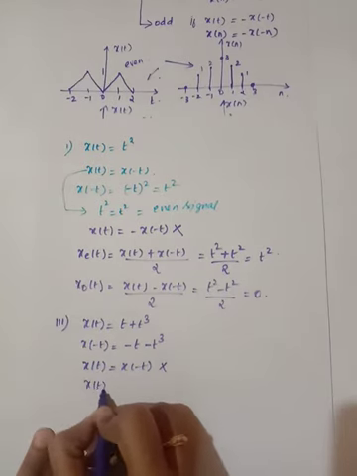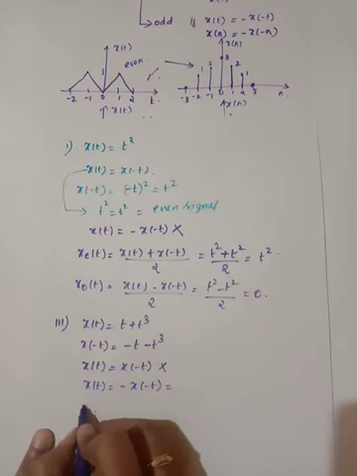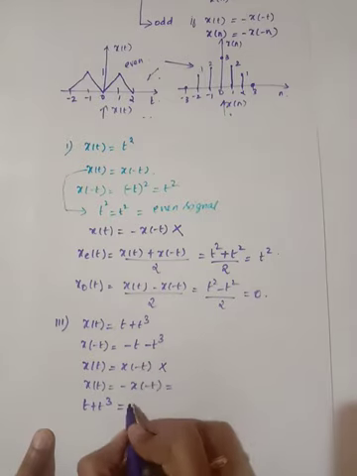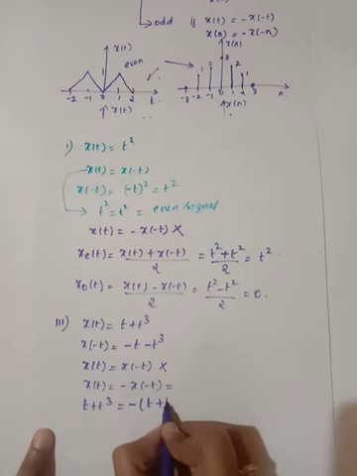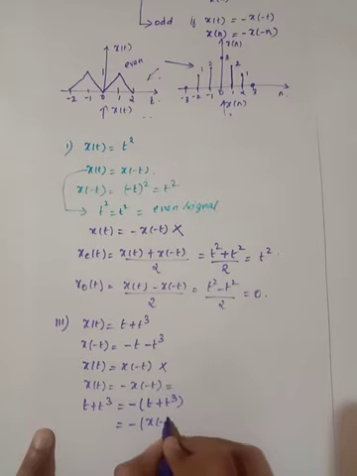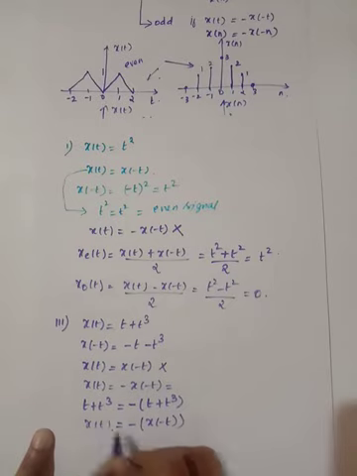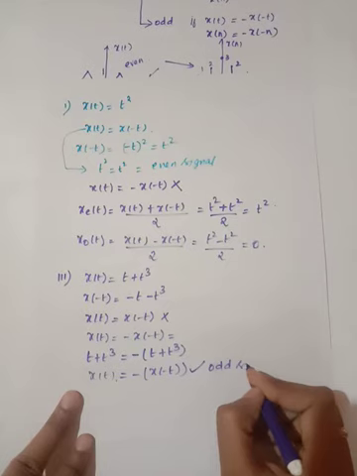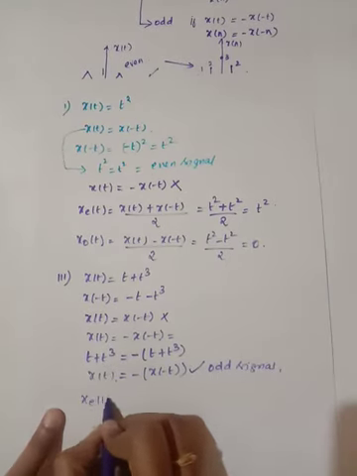Next, I am checking the condition, x of t is equal to minus x of minus t or not. Now see here, x of t is equal to t plus t cube, which can be written by taking minus outside, with x of minus t value as minus t minus t cube. Which is nothing but minus x of minus t, right? So both are the same, so here this signal is an odd signal. Now we are going to find out the next part, the even part of the signal.